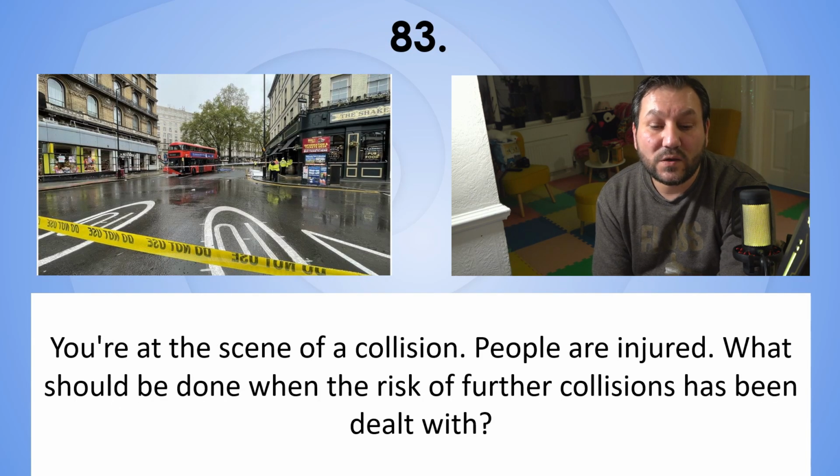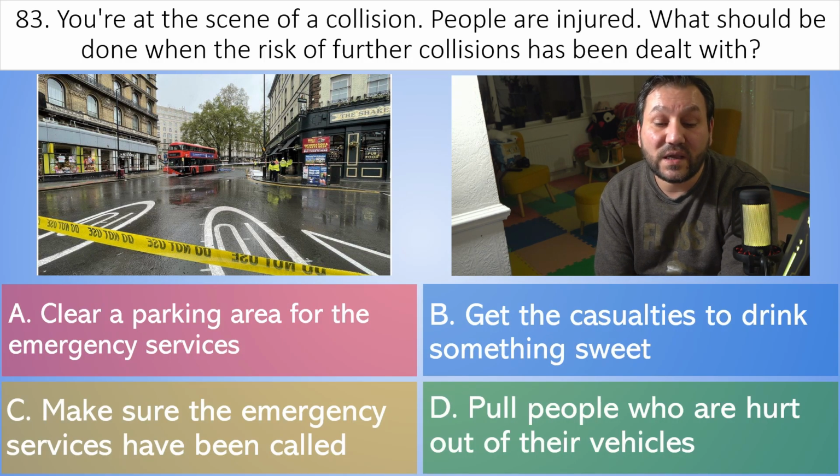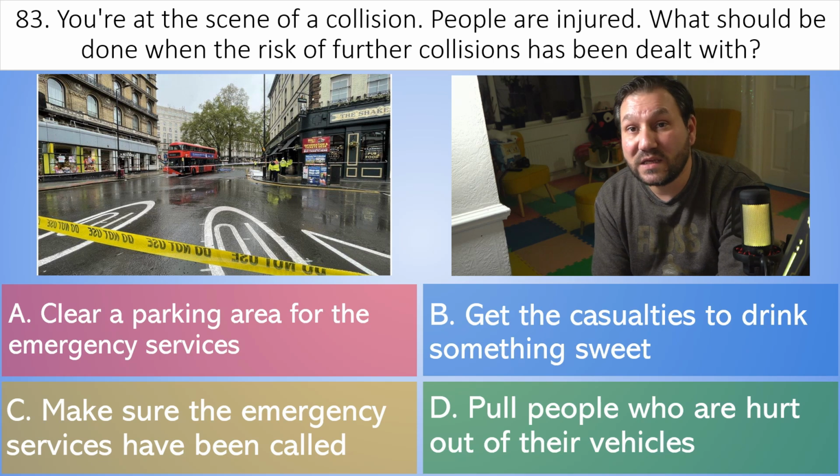83. You are at the scene of a collision. People are injured. What should be done when the risk of further collisions has been dealt with? A. Clear a parking area for the emergency services. B. Get the casualties to drink something sweet. C. Make sure the emergency services have been called. D. Pull people who are hurt out of their vehicles. And the correct answer is